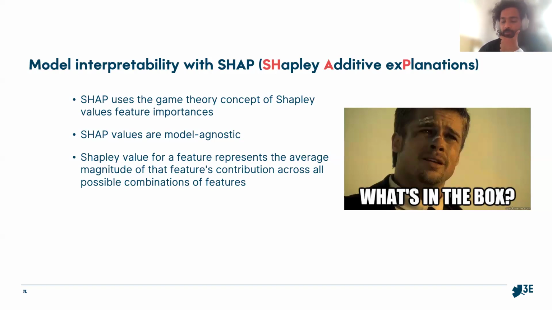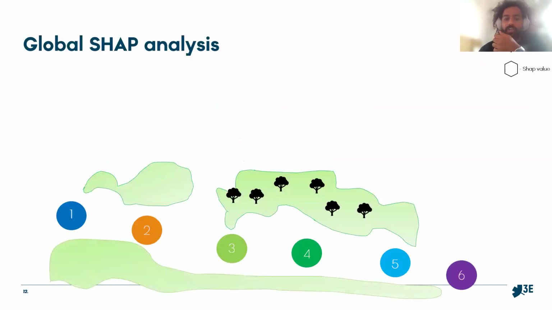So we use SHAP for this, and then we did a few analyses, but we found one interesting. Just to make sure everyone understands, we do a global SHAP analysis for the whole prediction, not just for one timestamp, but for, say, a given year, to see what affects the